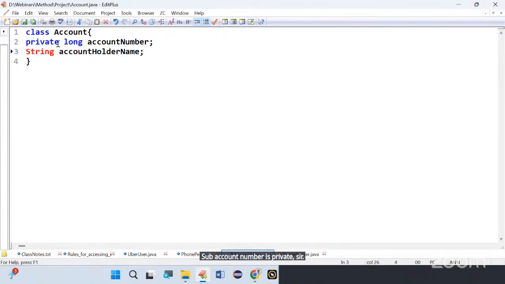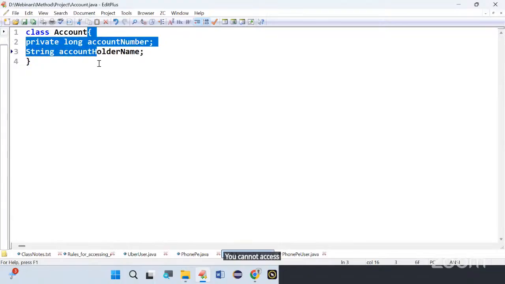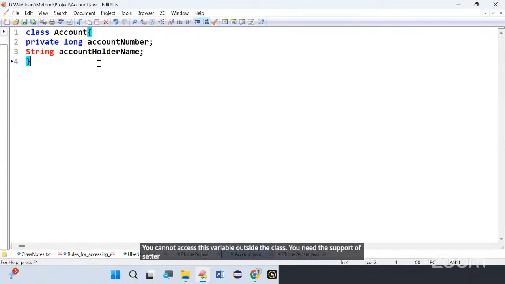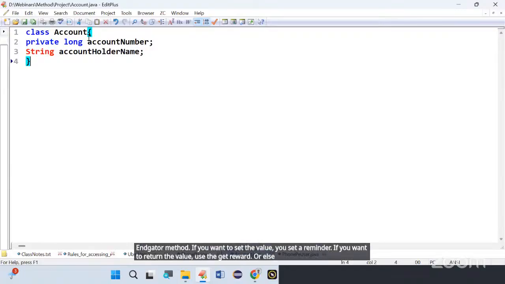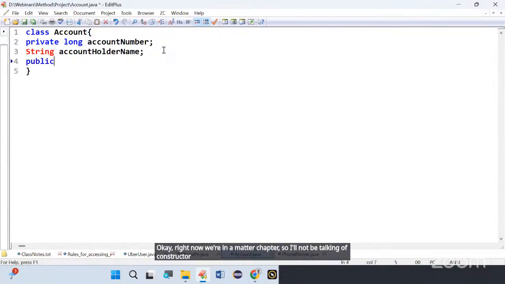Whenever a variable is declared as private, you cannot access this variable outside the class. You need the support of setter methods and getter methods. If you want to set the value, use the setter method. If you want to return the value, use the getter method, or else take the support of a constructor. Right now we are in the method chapter, so I'll not be talking of constructor. Now, I will just take a setter method. Public void set